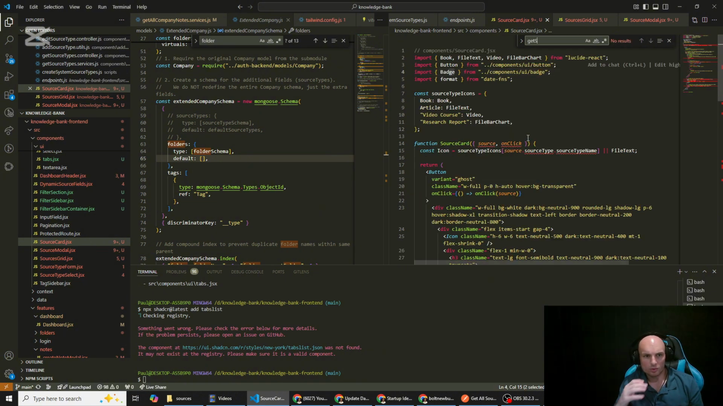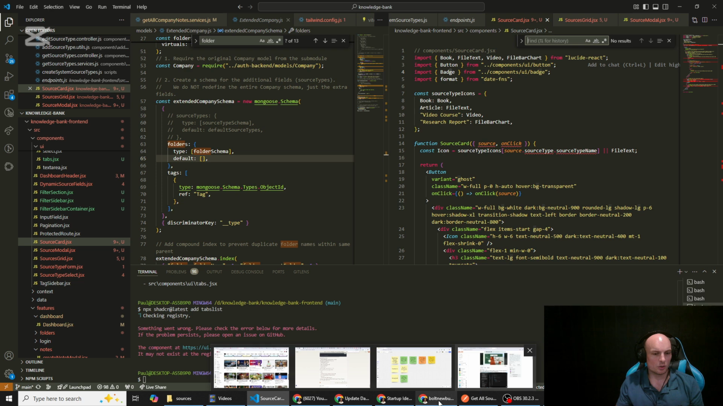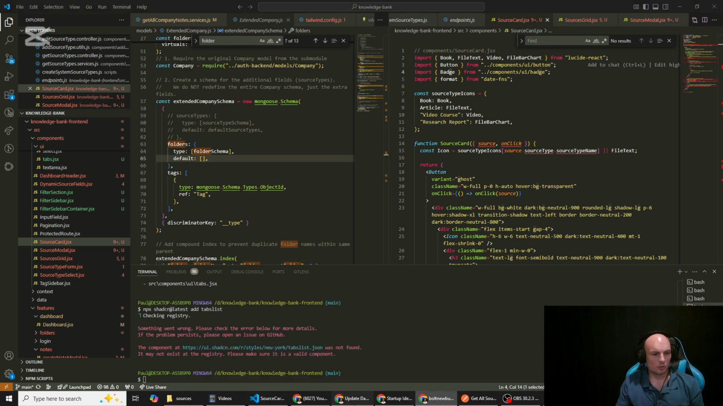Getting source. Okay, it hasn't. I thought it might have a dummy function, but it doesn't. So if we come over here, refresh. Okay, so it hasn't broken the app. It's just obviously not rendering anything. So what we're going to do is we're going to go to